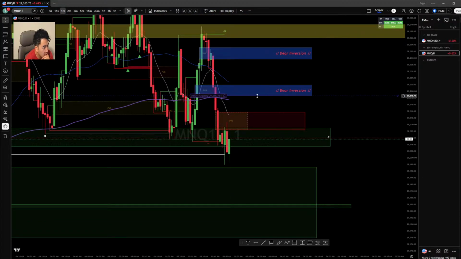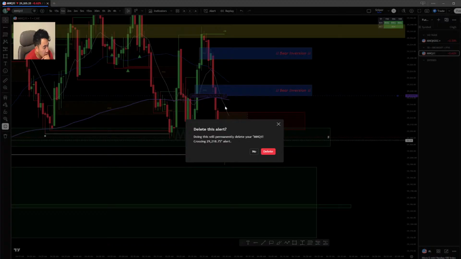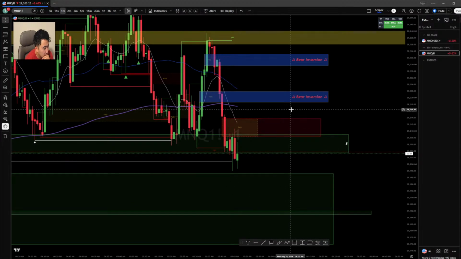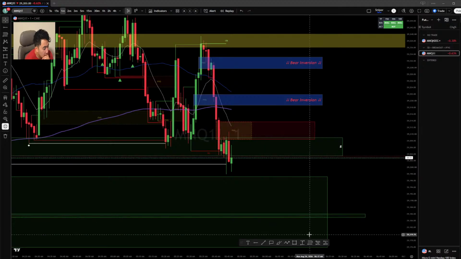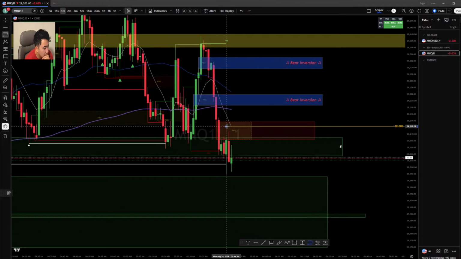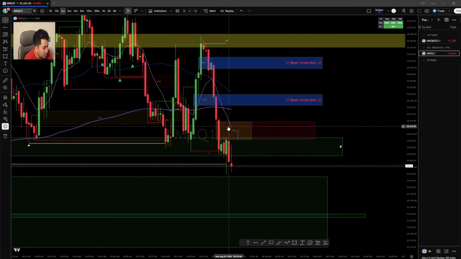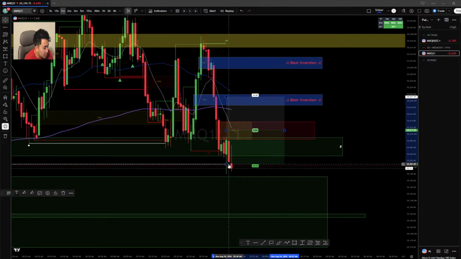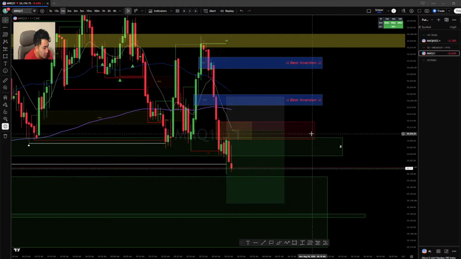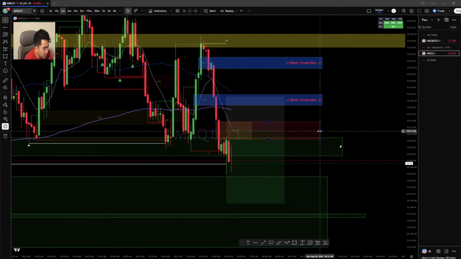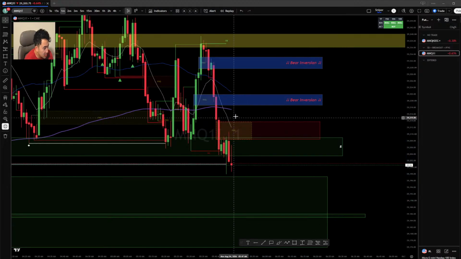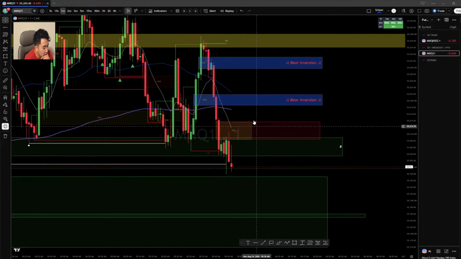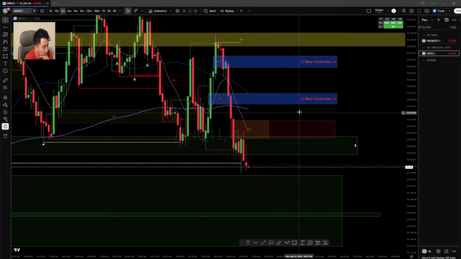I'm gonna delete this alert here just because of where the 13 EMA is. If we're looking to trade below it or enter below it, and then the stop would be somewhere up here. We'd have this bearish FVG that becomes a bullish inversion once price gets back up and closes over it to tap into this bearish inversion. So it would not be too good of a trade in that area.